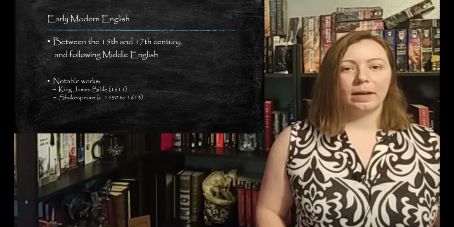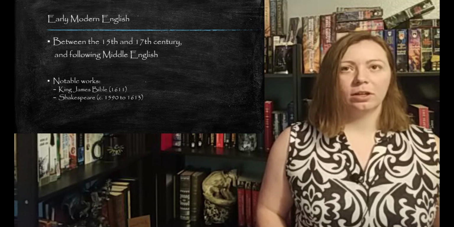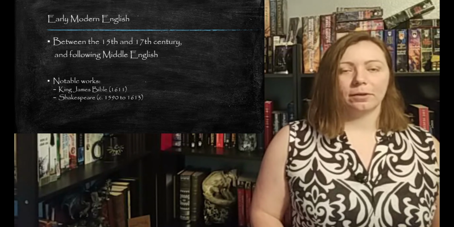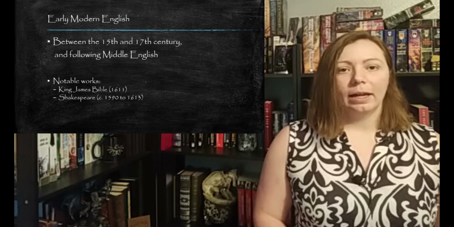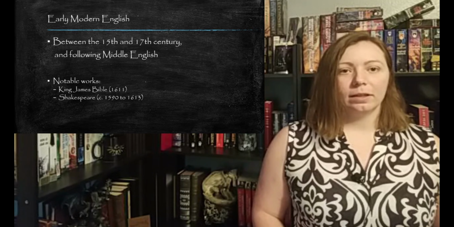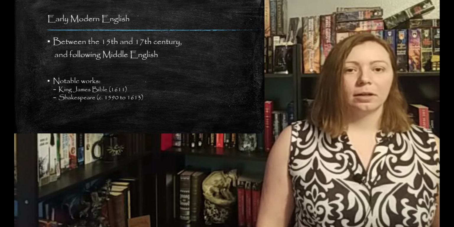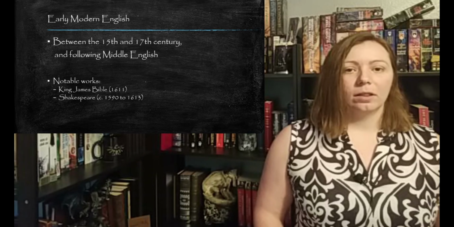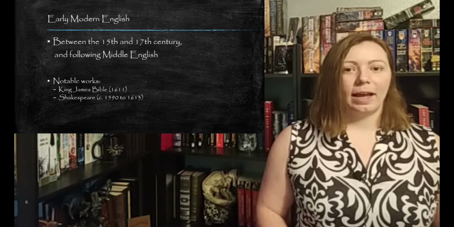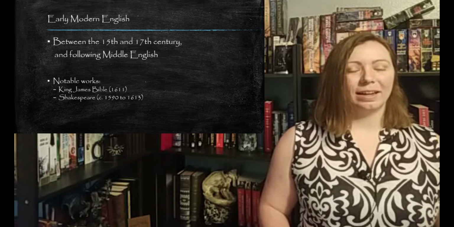it was a period between Middle English transitioning into what we know as Modern English, and it was between the 15th and 17th century. Two notable works from that time period are the King James Bible, where I get the term KJV, and Shakespeare. And the reason why I'm calling this lesson KJV English is because it was a transition